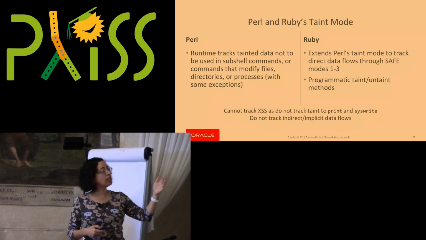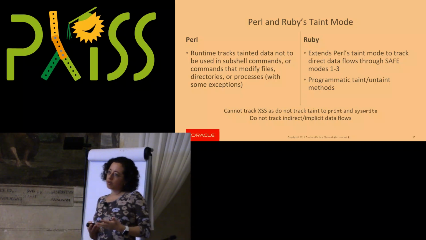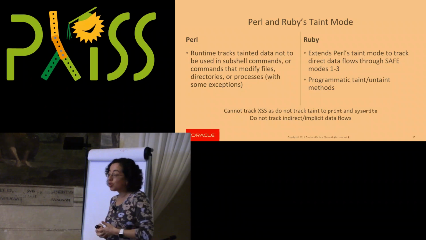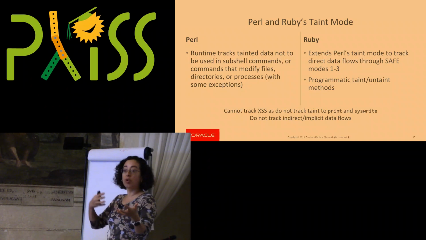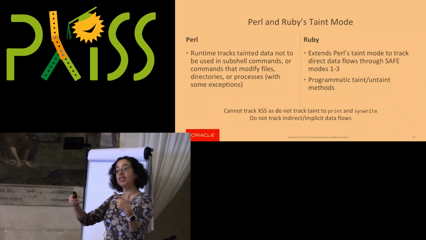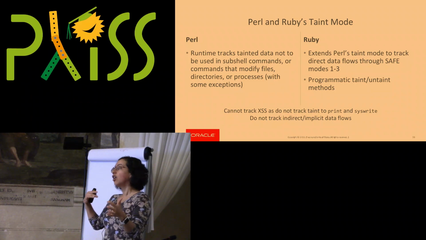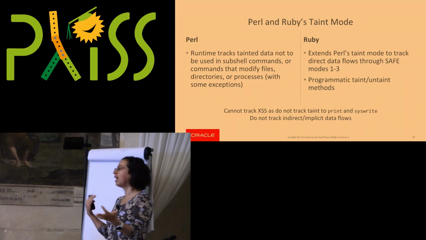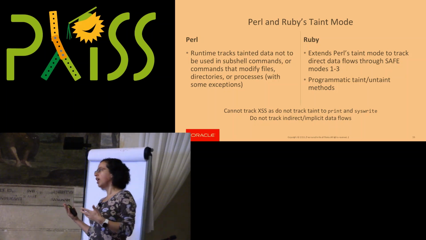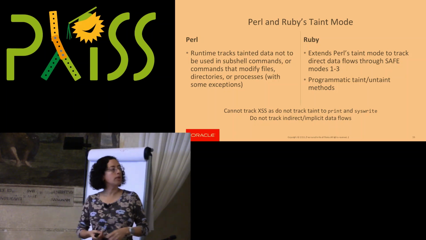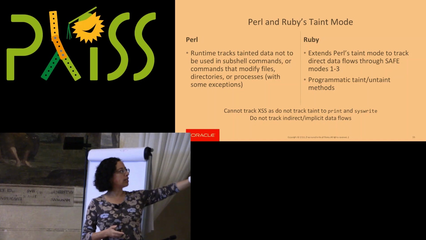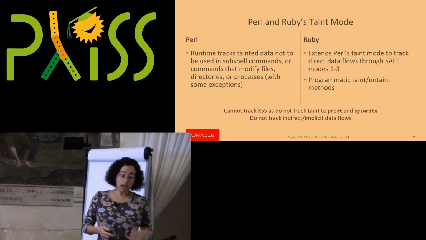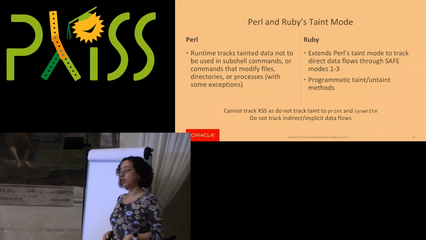But overall, what you're seeing here is that there are still trade-offs that were made in terms of the implementation, as to how much to track, what to track, because of course the more you track, and if you're tracking indirectly everything, that's even more complicated, right? And are you going to track implicit flows as well, right? Even more complicated, then you're going to introduce more and more overhead in terms of runtime performance. Now, these trade-offs mean that you can still have certain types of attacks happening in this model, like cross-site scripting. However, you can prevent a lot of other types of issues, right?